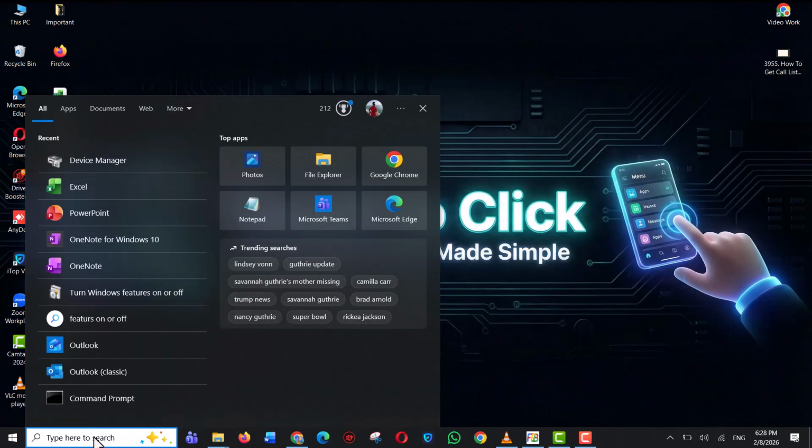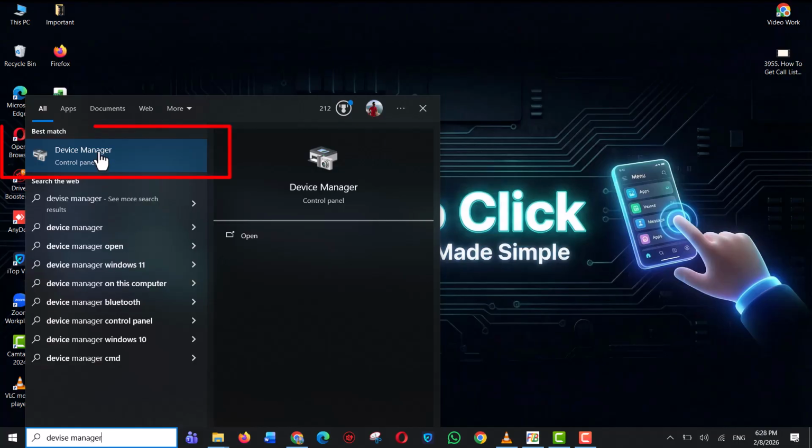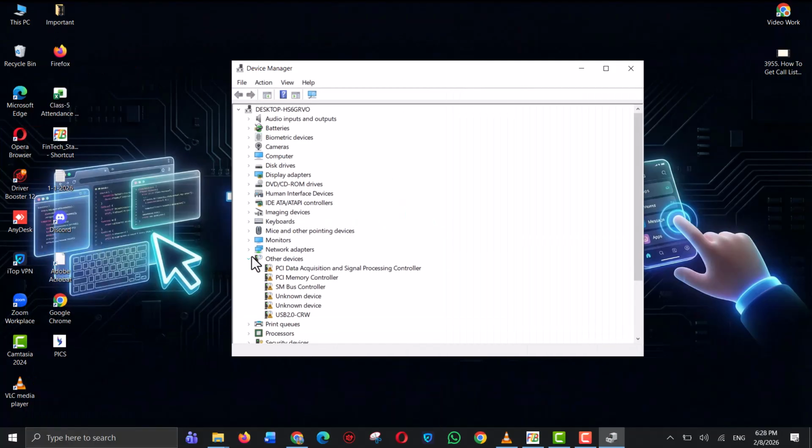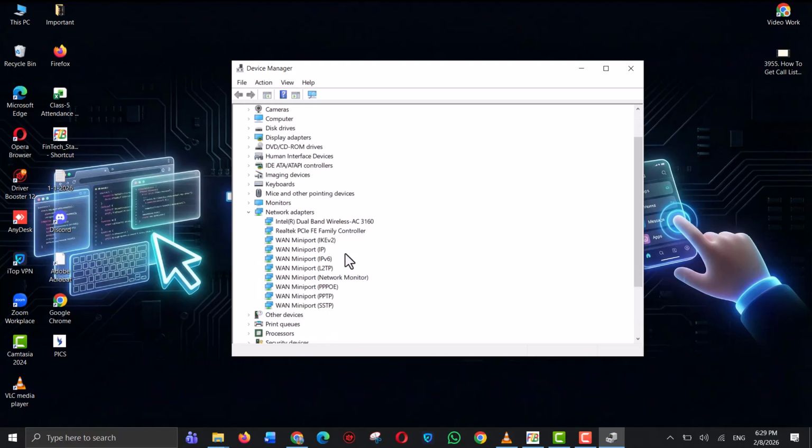Step 2, type Device Manager and click on the Device Manager app. Step 3, in Device Manager, click the arrow next to the device category you want to check. For example, network adapters. Expanding the category lets you see individual devices, so you can check drivers for a specific